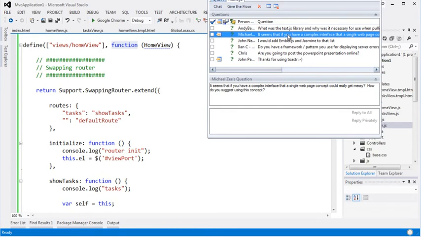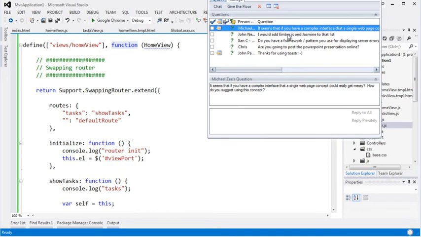It seems that if you have a complex interface, that single web page concept could get really messy. Okay, so I hope that during this whole presentation you've noticed that I was in fact trying to simplify our application by splitting it into smaller manageable chunks. You can see right now that each view, for example each subview, has its own functionality